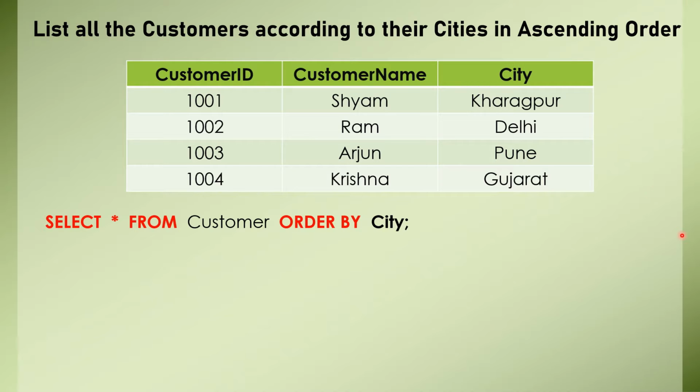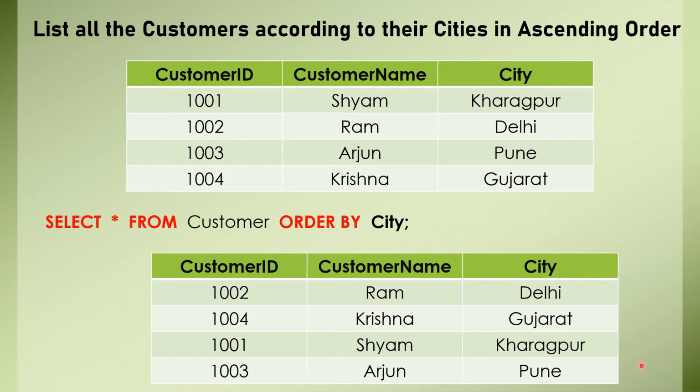So what will be our output? Our output will be something like this. And why is it so? Let us see, we need to sort these values, right? These are string values. So we need to sort it lexicographically. So what will be the first character? K, D, P or G in the English alphabet? Which character comes first? Obviously D comes first. So that's why in ascending order, meaning lesser to bigger, Delhi will come first.